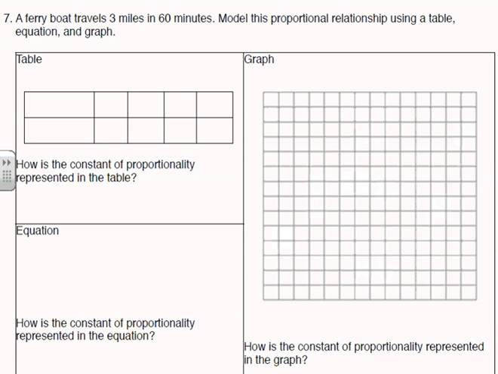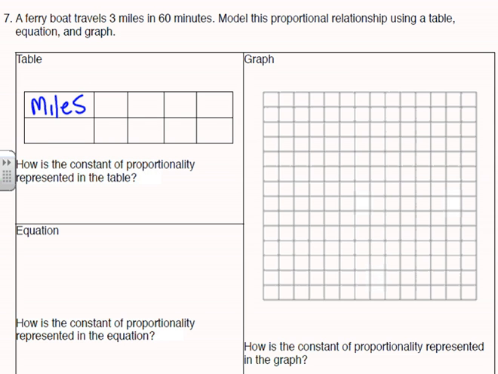All right, number 7, a ferry boat travels 3 miles in 60 minutes. Model this relationship using a table, equation, and graph. All right, so we're going to look at if it can go 3 miles in 60 minutes. We want to find out how many minutes it would take to go 1 mile. So let's set this up,